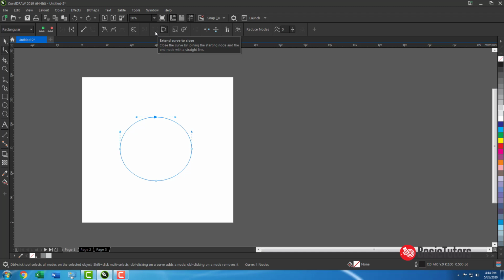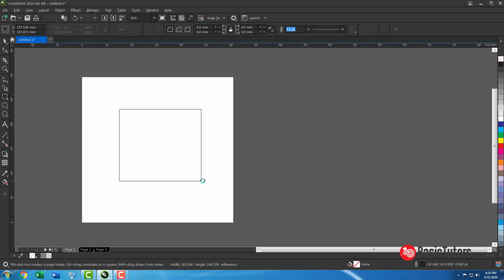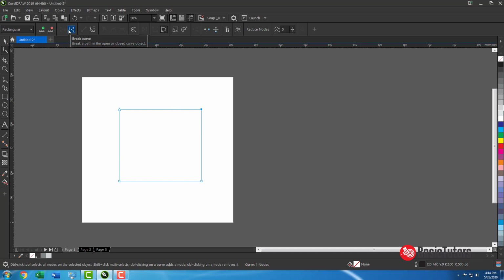And then this is for extend curve to close. There is a difference. Now I am breaking the curve, so it is divided.